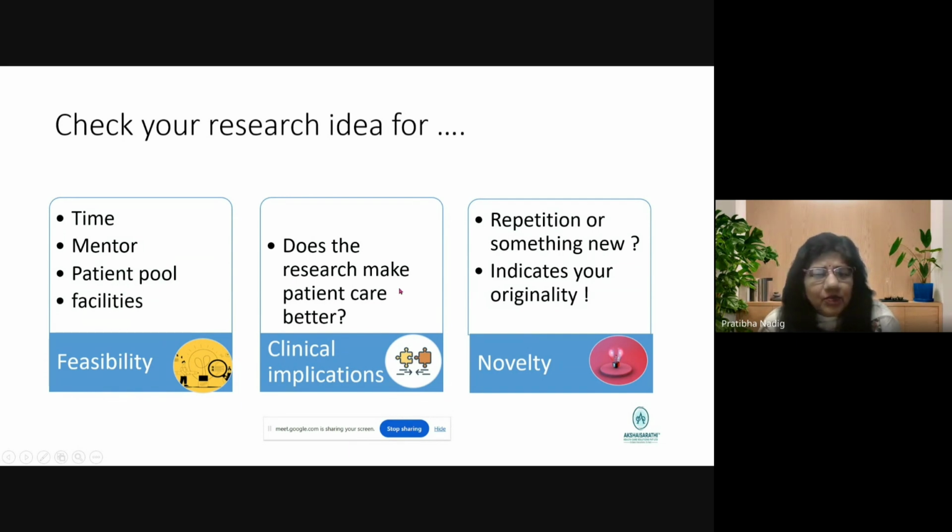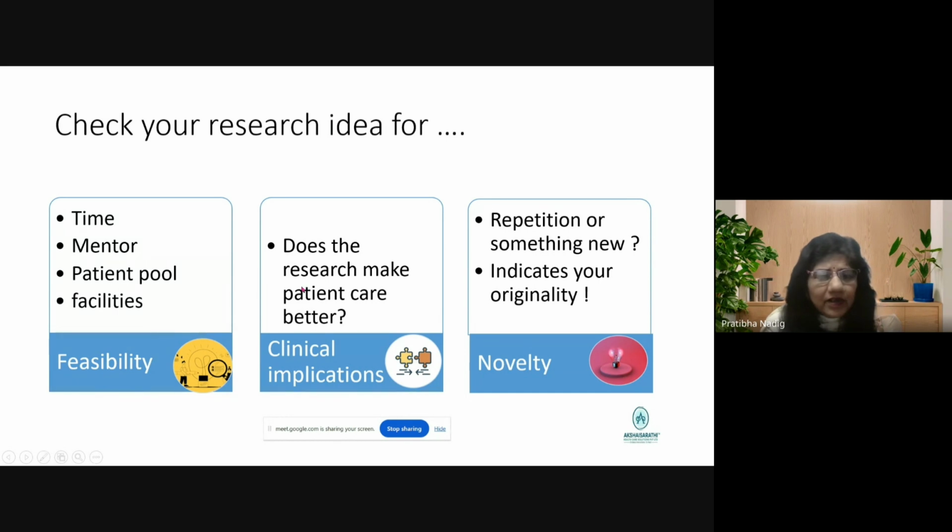Then, does the research make the patient get better? Yes, if you study these biologics in rheumatology and you find more patients are responding, it can lead to bigger trials, even if you do a small pilot study. We can do it in any form, whichever suits the patients, even a cross-sectional study, with a questionnaire and pooling different patients across different hospitals. But anyway, we have to look at the feasibility.